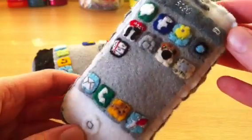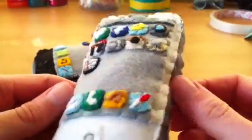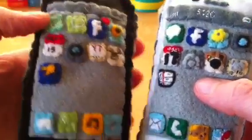Hey guys, here's what we're going to be making today. It is an iPhone plushie, yay! I actually wasn't planning on making this tutorial, but after I made this iPhone, the black iPhone, in my contest entry for Kawaii Fan 88,